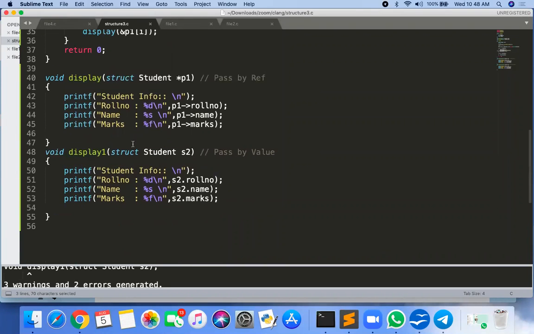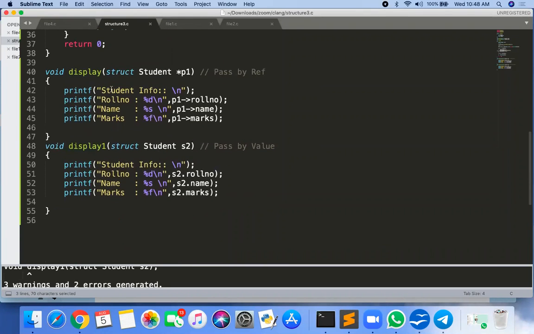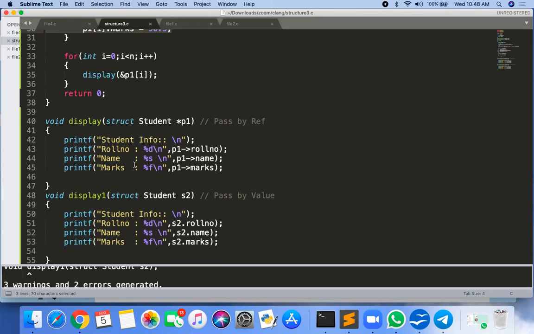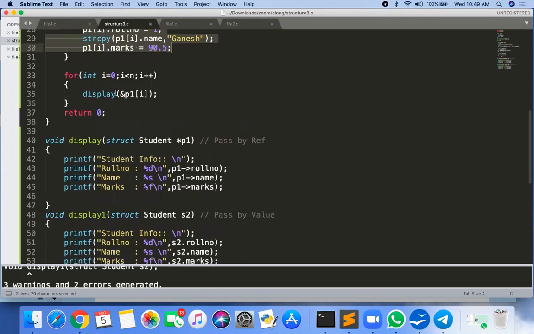No, no need to use a for loop in display and display one. These functions are only used to print the information of one student. If I want to print the information of 10 students, you have to call the display function 10 times. That's why we put the display call in a for loop.